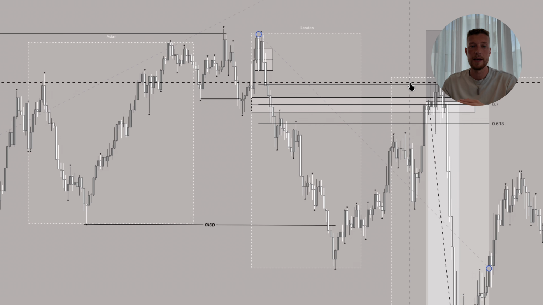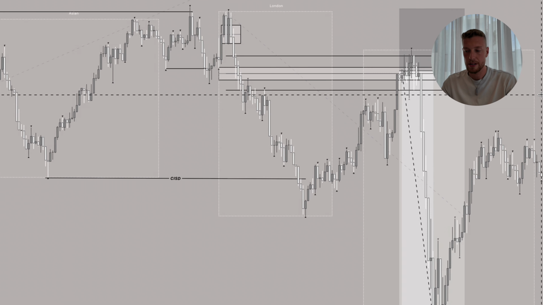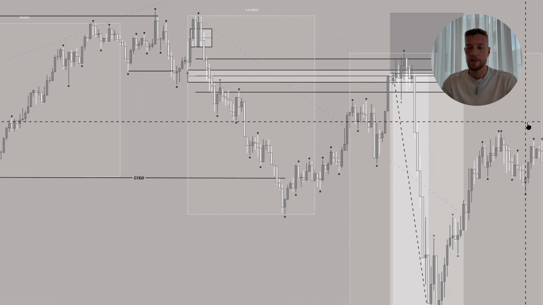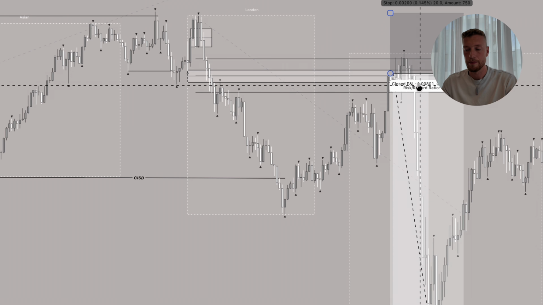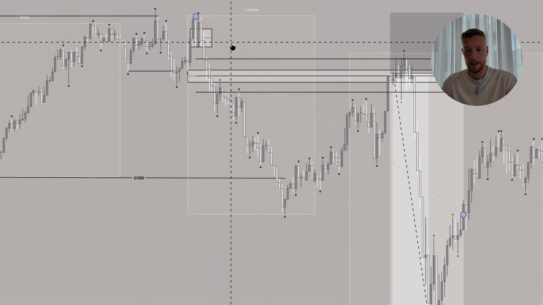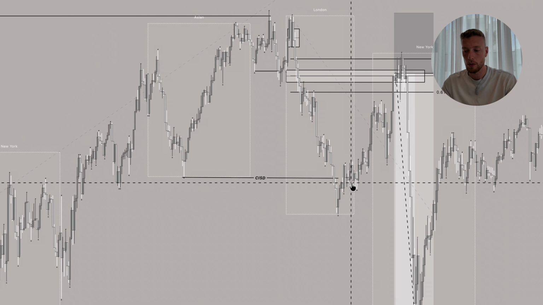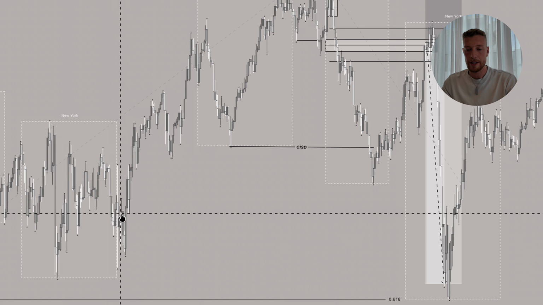Now this is a video that I'm going to make as well soon. I do have a few rules with this Fibonacci tool, but as for this entry, I entered on the 0.7 because at the 0.618, the RR wasn't great and I couldn't clear these highs enough. And then from there, all we simply did was target the nearest internal liquidity, which was down here. We had a nice little fair value gap here,